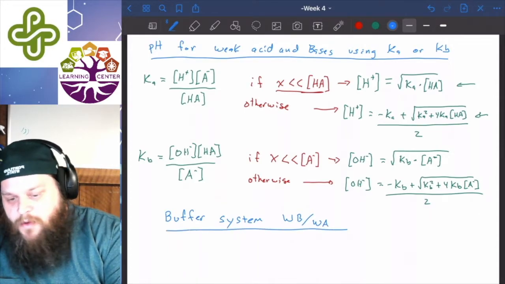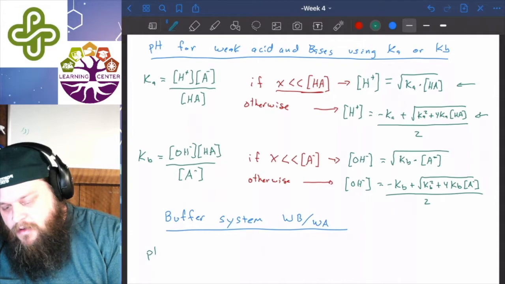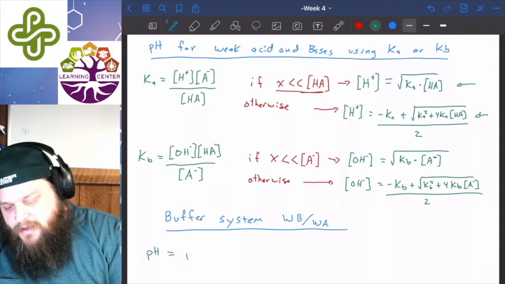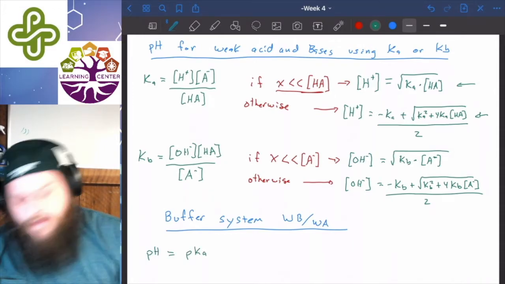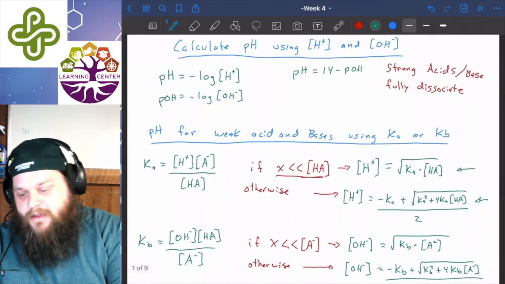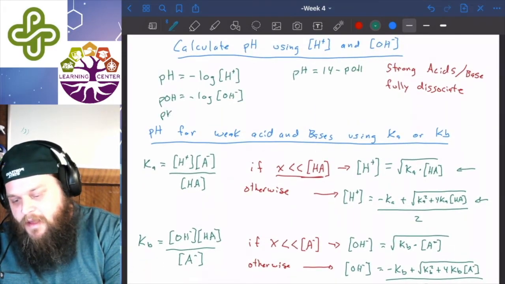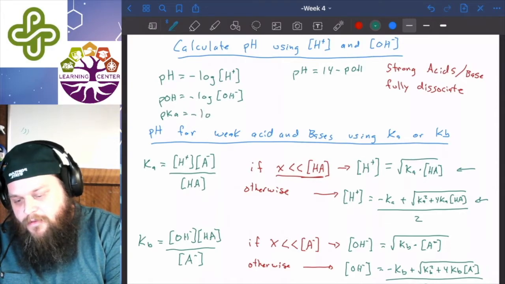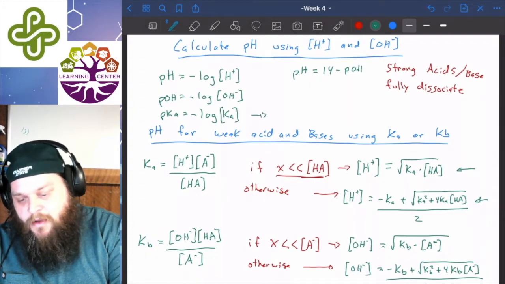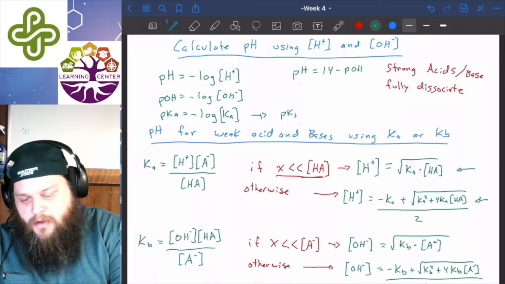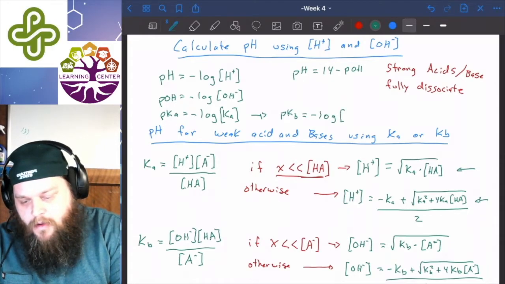And we use an equation called the Henderson-Hasselbalch Equation, which is the pH is going to be equal to the pKa. Now the pKa is the same idea as what we had up here. I'll write it here. pKa is equal to the negative log of the Ka value. Right? And we can also, if we needed to, find the pKb. This is found less often, but it's the same idea. You can take the p of anything, which is really just the negative log of, shouldn't be a concentration, I guess, just Kb.